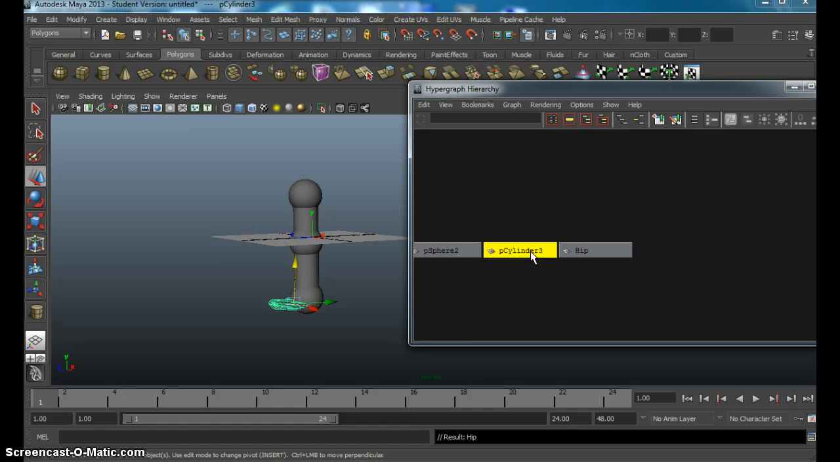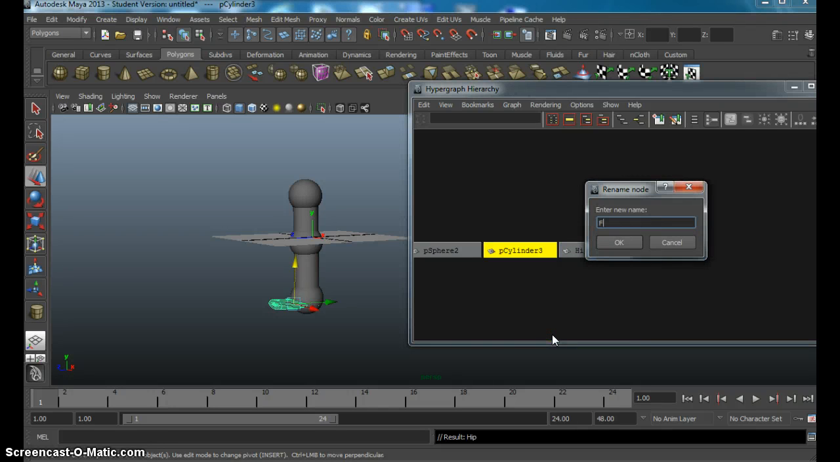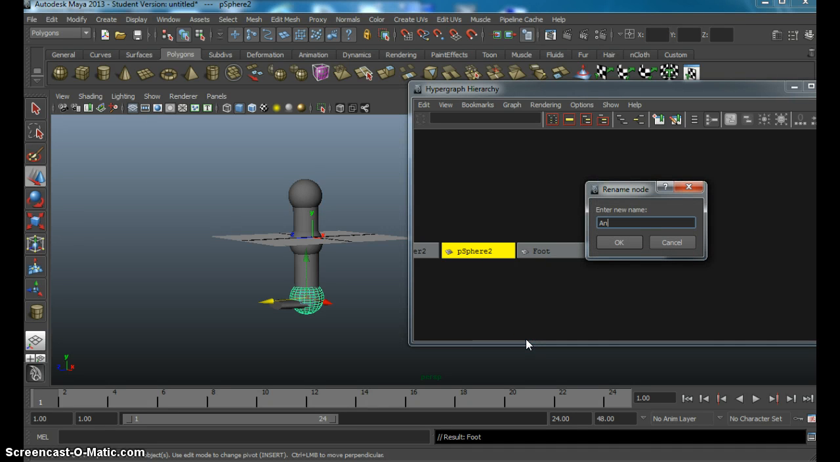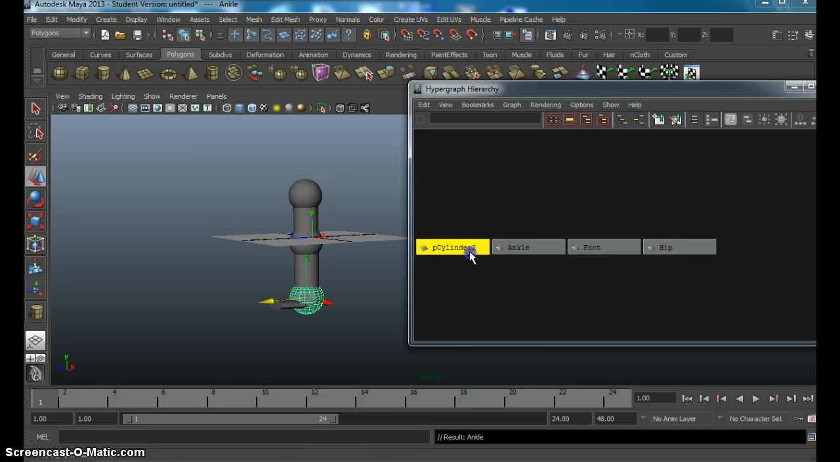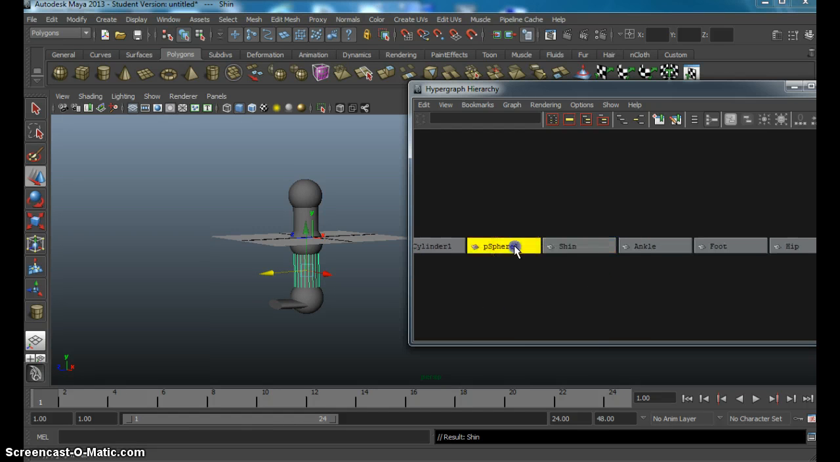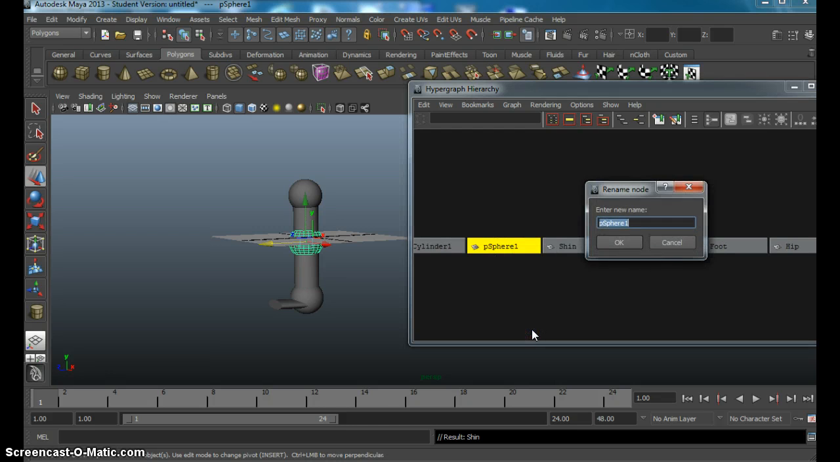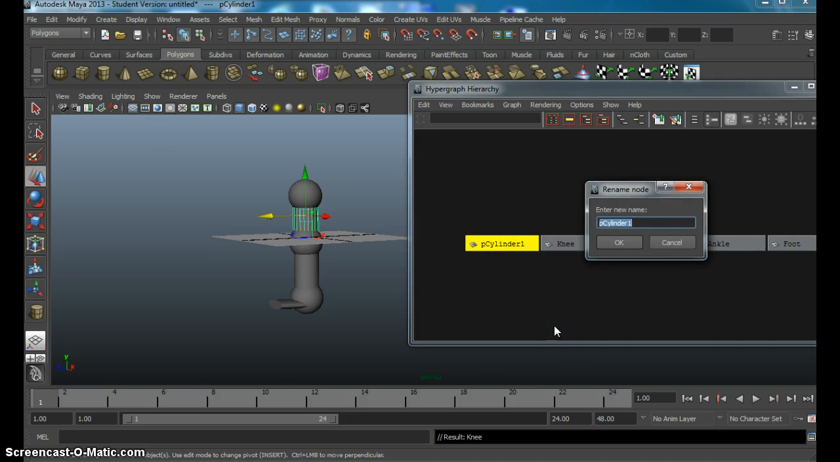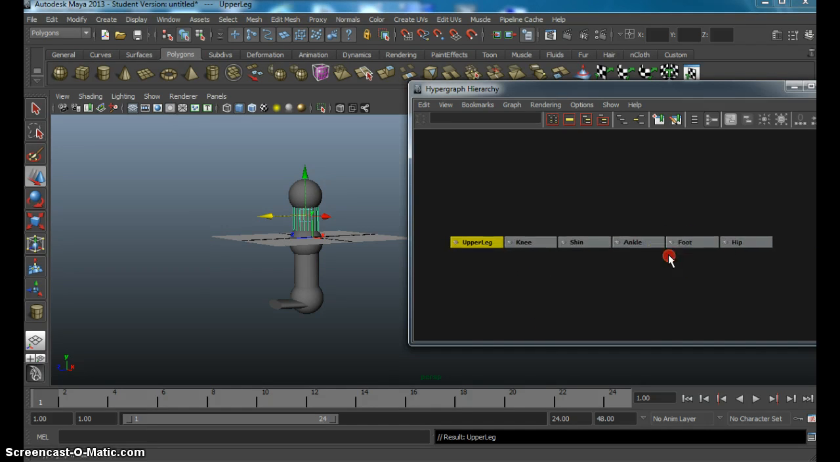Go to the next one, and we're going to name this one. Right click, rename, foot. This one, right click, rename, ankle. The next one is right click, rename, and call this shin. And then the next one, right click, rename, knee. And then the next one, right click, rename, and this should be femur or upper leg. Okay. So now that I have everything named: hip, foot, ankle, shin, knee, upper leg,